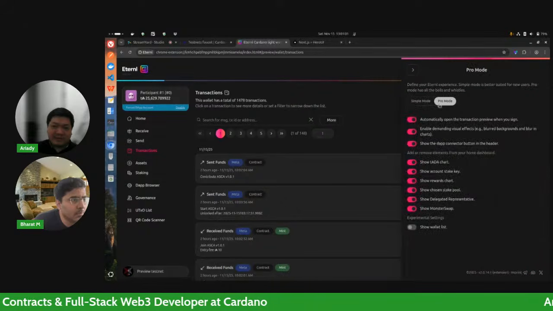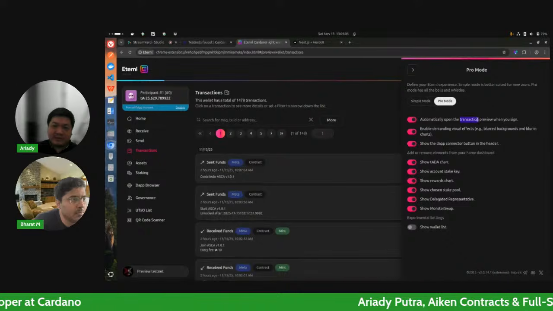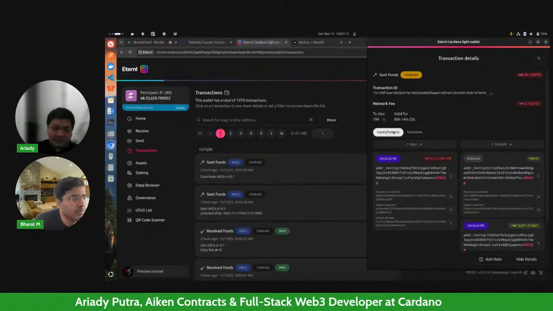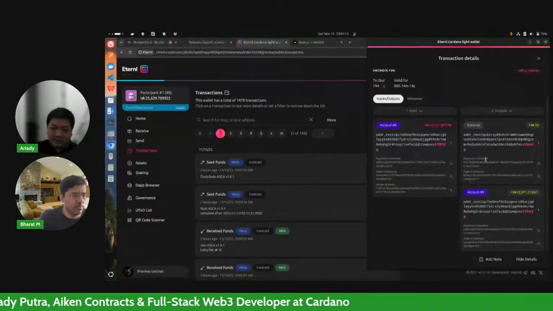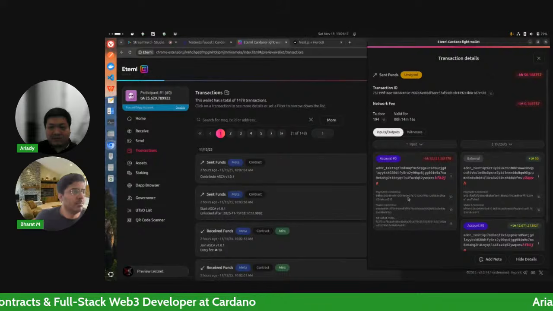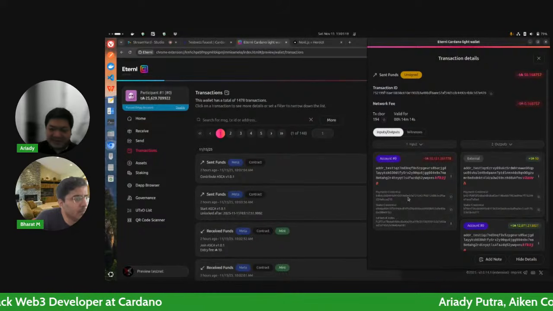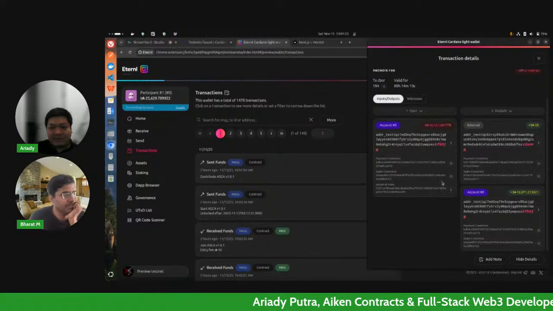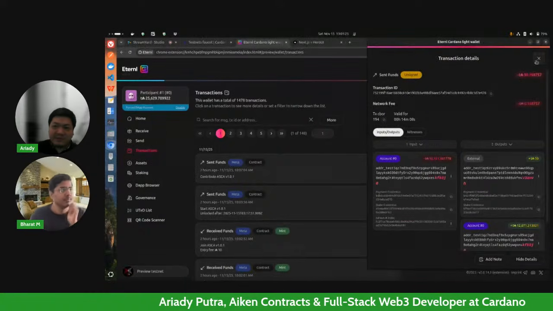You enable the Pro mode here, and automatically open the transaction preview when you sign in. And check out all other settings here, because there are other things that show a bunch of useful information. This can be overwhelming, but when you are developing, this is recommended, so you can see what is going on when you submit a transaction.